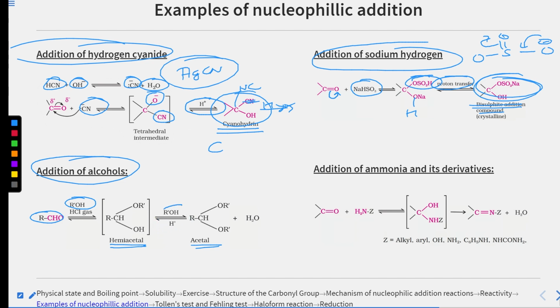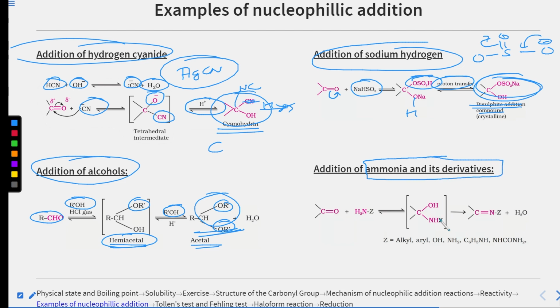Again, we treat it with another molecule of ROH. Now both of the OH have been removed. We got an acetal. So the one with one OR is called hemiacetal, okay, and the one with two ORs is called acetal. Clear? Next we have addition of ammonia and its derivatives, and I have named all the derivatives in the previous class,